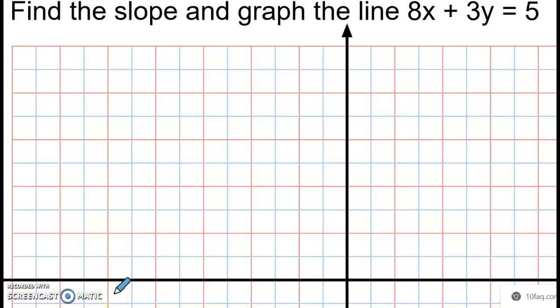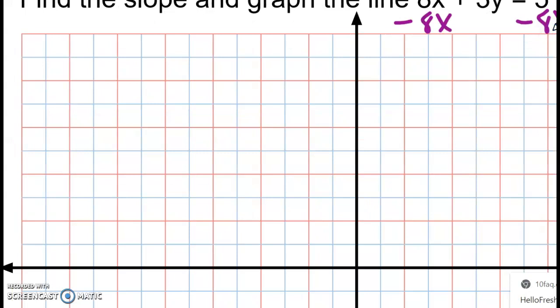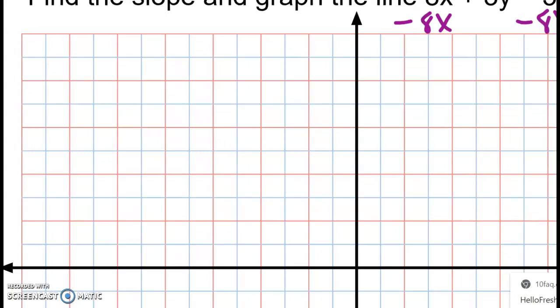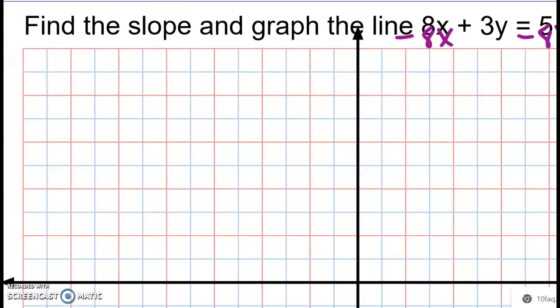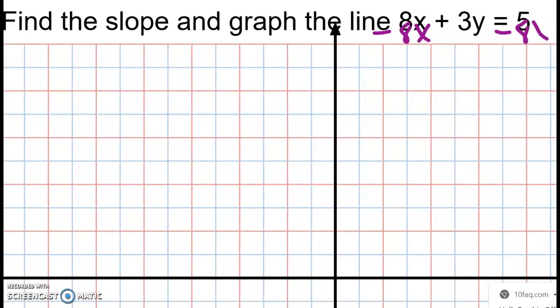One choice is to rewrite this into slope-intercept form. I could subtract 8x from both sides, okay? Subtract 8x from both sides, and then divide by 3. That's one thing I could do. So if I subtract 8x from both sides,